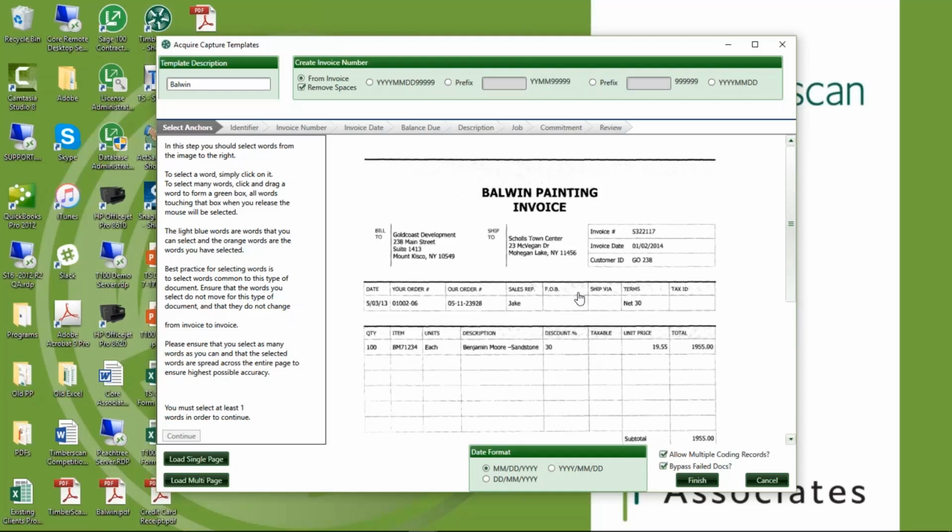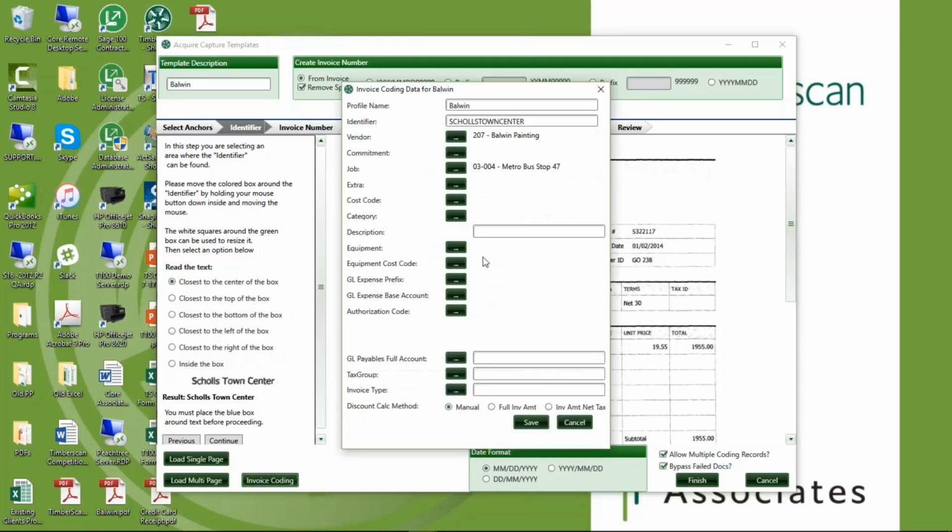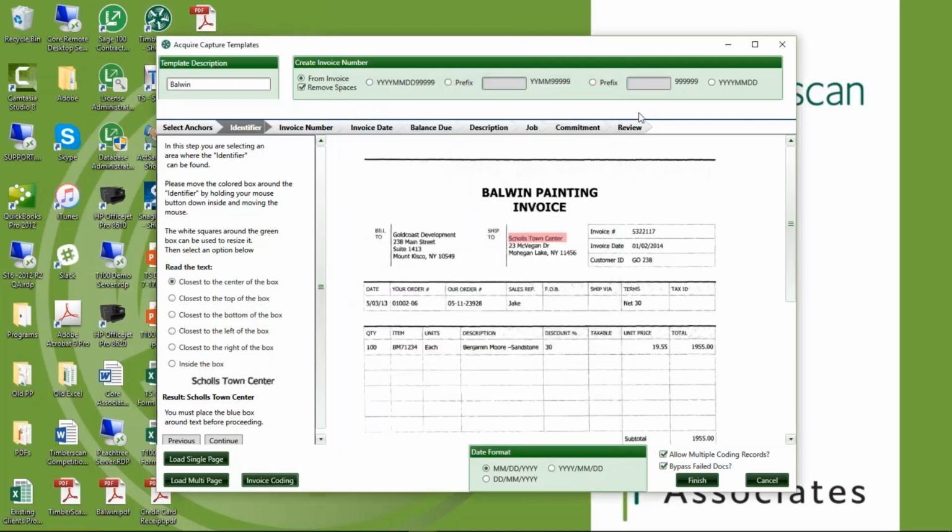So when I select Baldwin, they're shipping to my site, right? So what I can do is use the identifier of the site here, and when I set this up, I can say it's going to my site, so it actually puts the job in. So think of it this way: if you have major vendors that are shipping to the site directly,